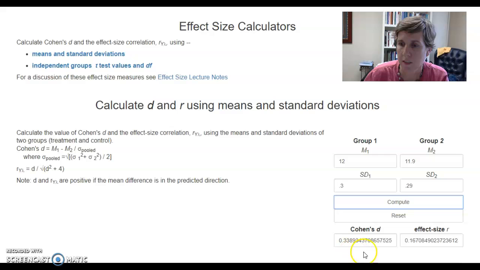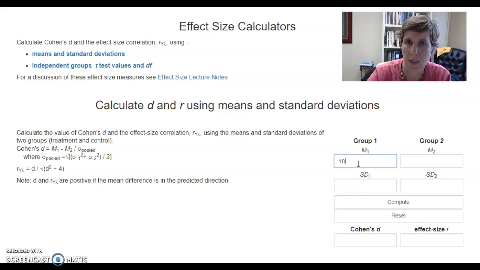And Cohen's d, this is the value we're looking at. We've got an effect size of 0.33. So according to our reading, we could say this is probably a small to medium effect in whatever it is we're measuring. So I'm going to reset this, and let's say we had another group and we had a mean